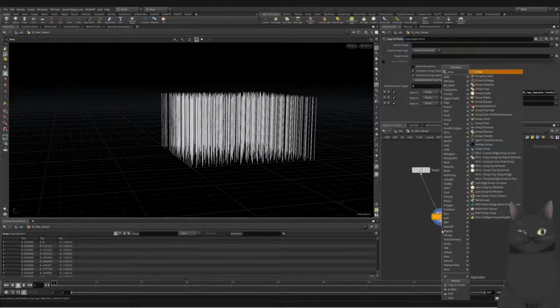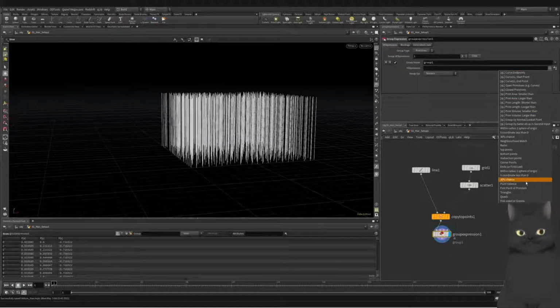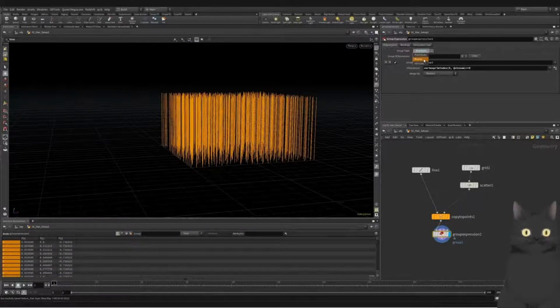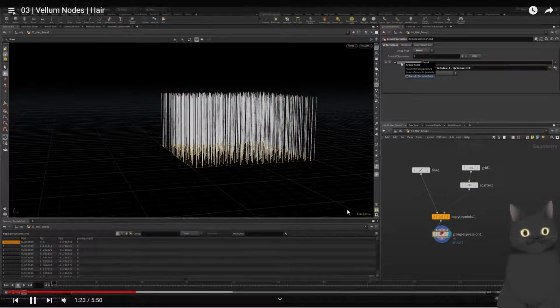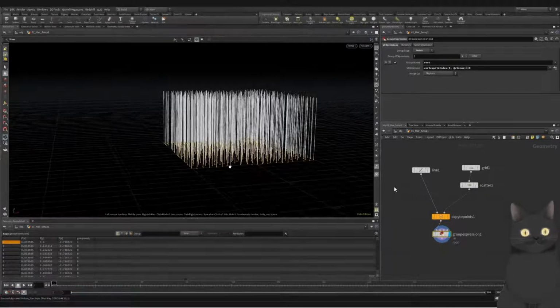So we can use a handy group expression. This just allows us to create groups based on certain expressions, and there's a drop down with some cool presets. So we're going to use this first point from primitive, and we need to change this to a point group, and we'll relabel this as something like root. And so now we have a list of points that are the root